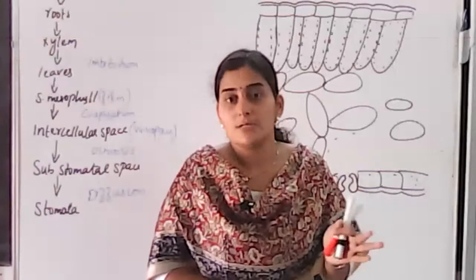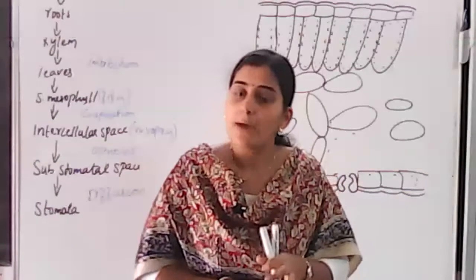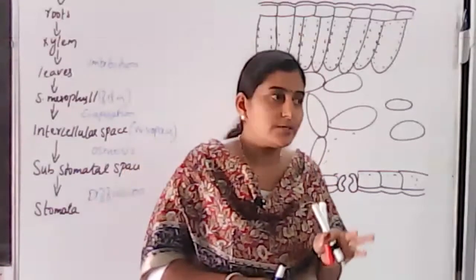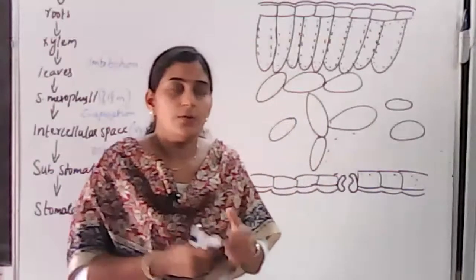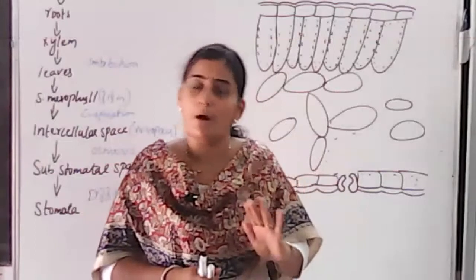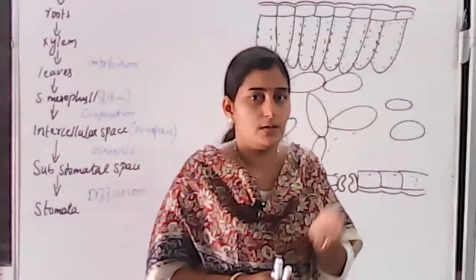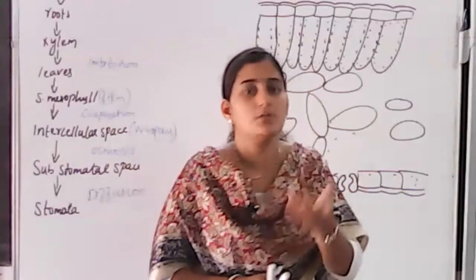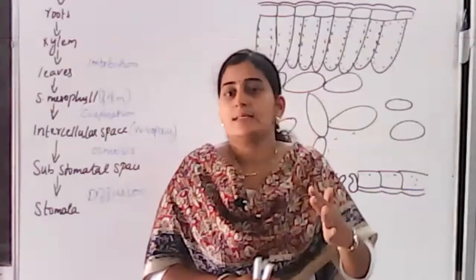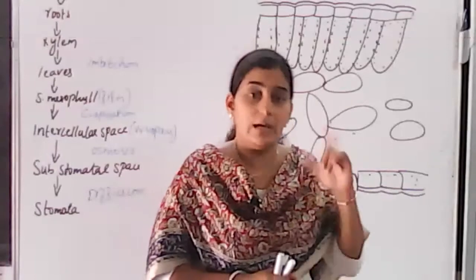So what is stomatal transpiration? It is transpiration which takes place through the stomata part of the leaf. That process you call stomatal transpiration. So what do you mean by stomata? Before moving to stomatal transpiration, we should know what stomata is and where you see stomata. Although I think you studied from lower grade, from third grade onwards, what is stomata, what is transpiration, all those things, isn't it? Anyway, we'll see the structure of stomata,